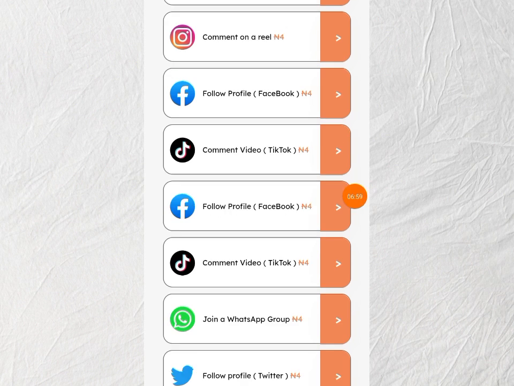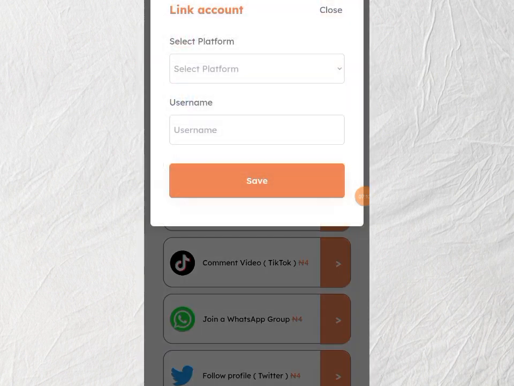So guys, let's click on one so that I can show you how to connect your social media account with this website, so that you can start making money for yourself. Let's click on this Facebook follow profile task. What you just have to do to start earning is, as you can see, select a platform.